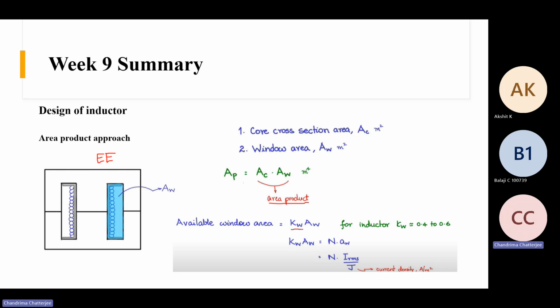There is another factor which is called the window utilization factor, KW. As you wind the wire in this window, you understand that you can't utilize this entire area. First of all, around the core there will be one former. The former will take some space. Former is nothing but some kind of non-ferromagnetic material. This has the same shape as the core, and we place it over the core, and over that former